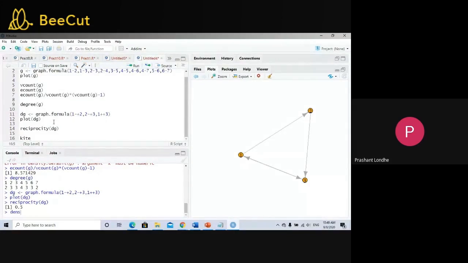Let me define one more graph, that is kite. Kite is equal to graph dot formula, and define it by something like make_graph, T underscore kite. Let me check whether it is available or not.